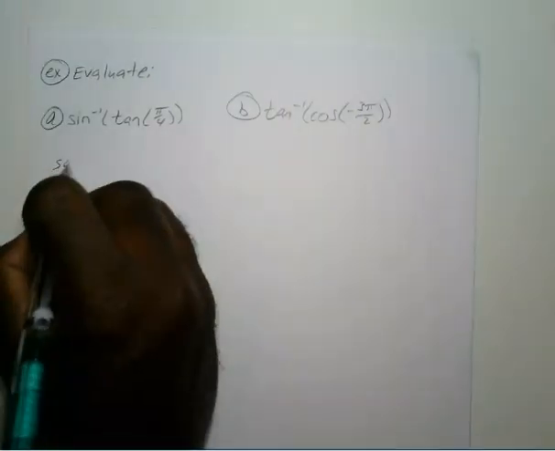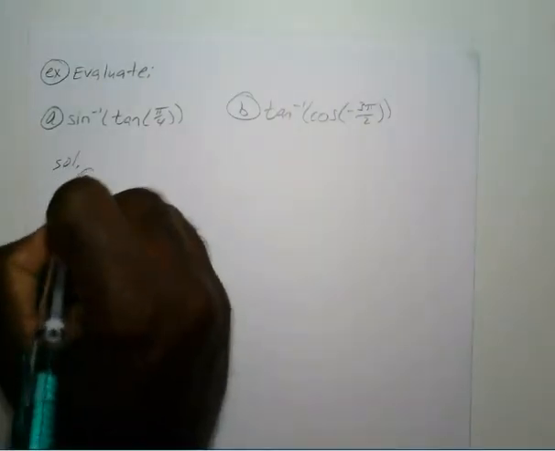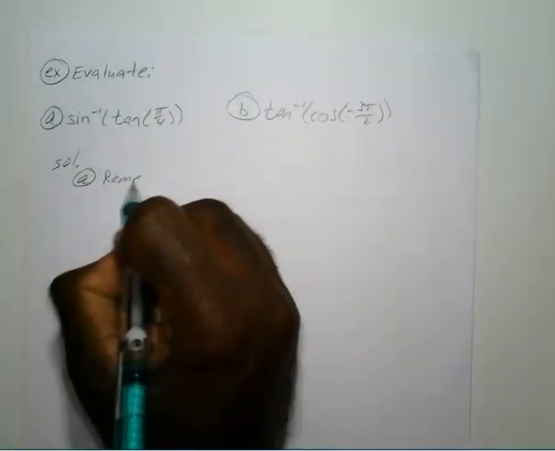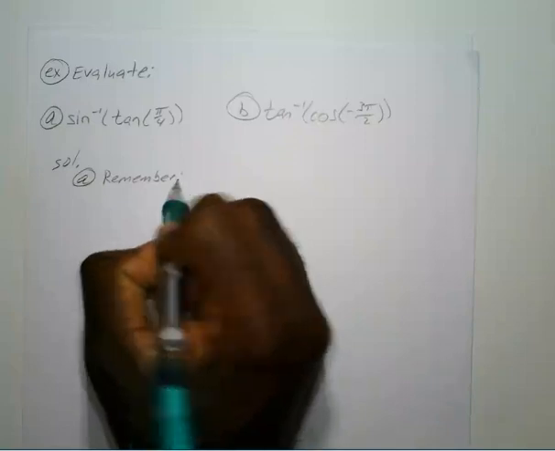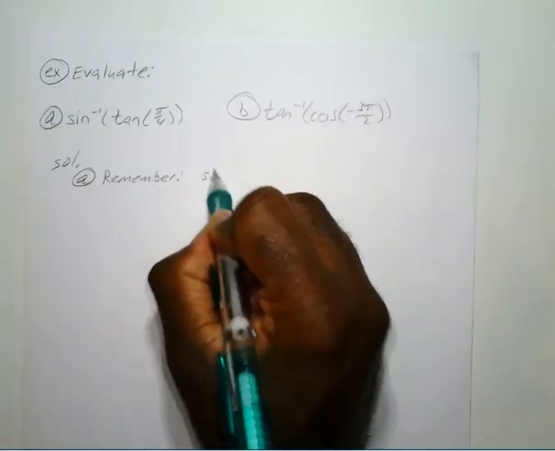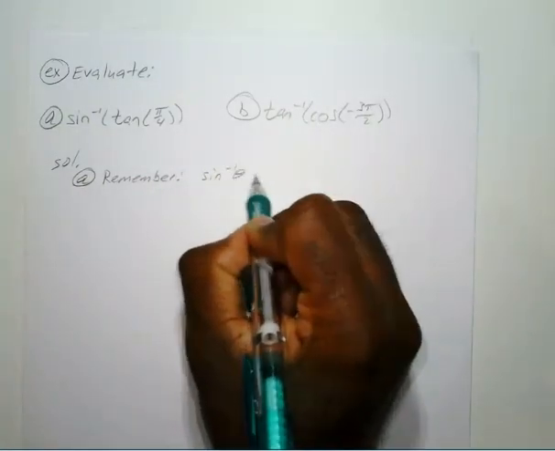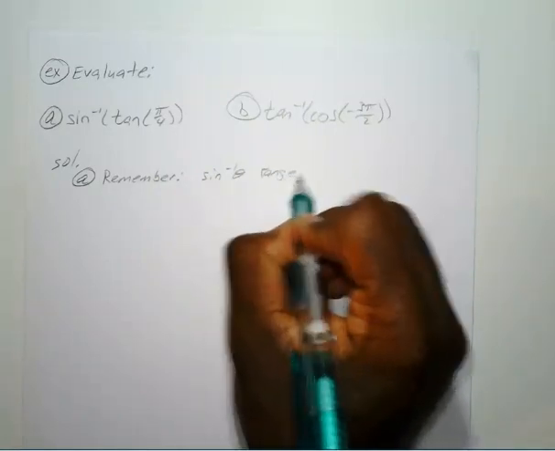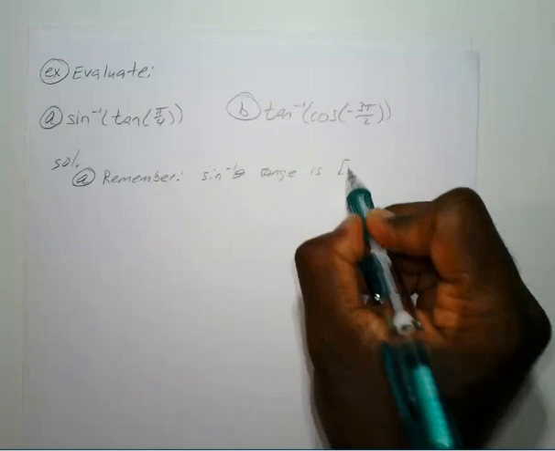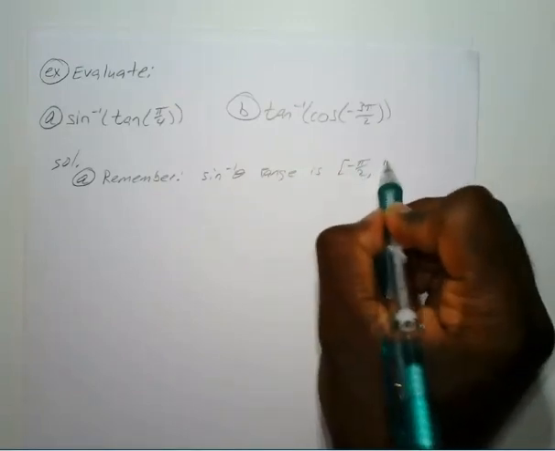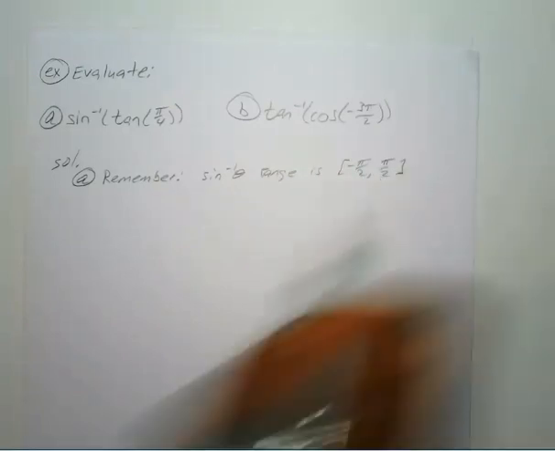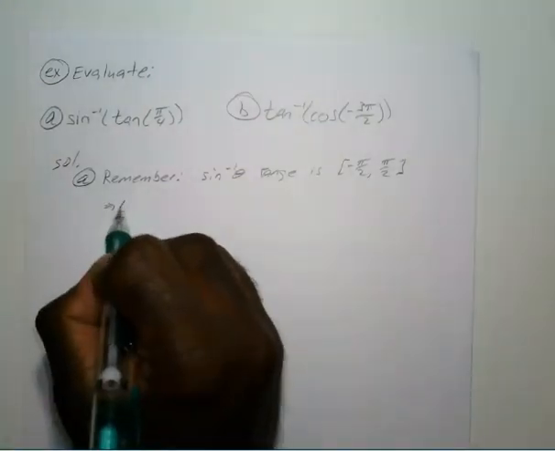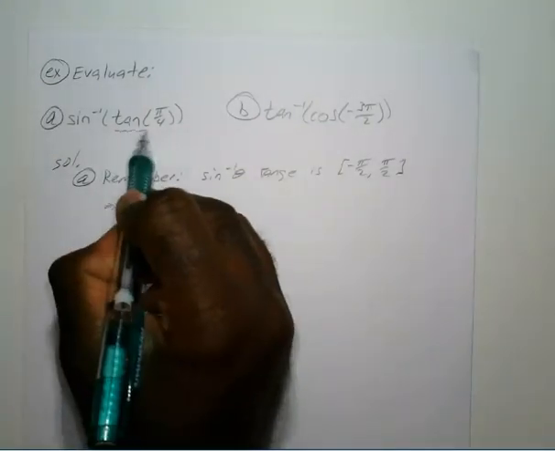Let's start with A. The first thing you want to remember is that the range of sine inverse is negative pi over 2 to pi over 2. So solving from the inside out,